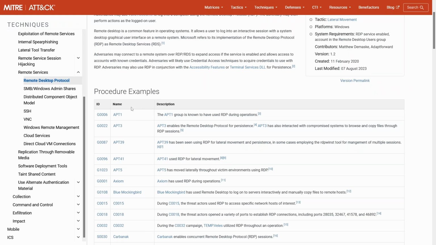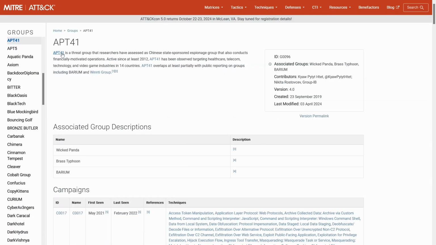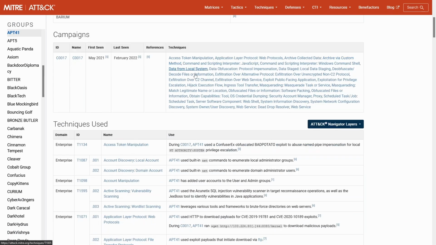So all the groups or threats or adversaries or APT groups that have used this specific technique before, or in one of their campaigns or operations. So let's say APT 41, right? I click on the group here, and now if I just scroll to where it highlights the